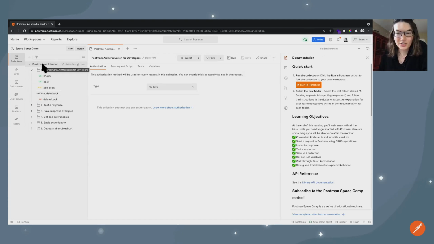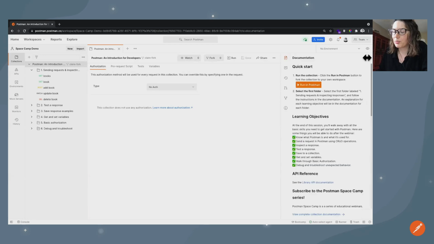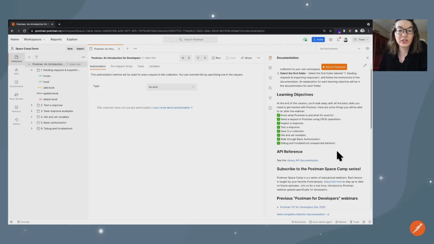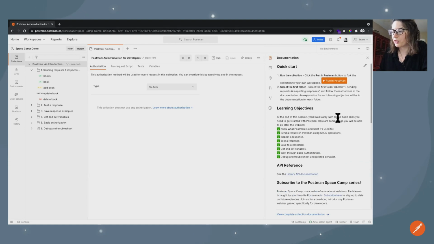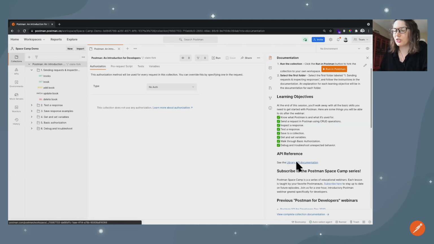If you'd like to see the documentation for this API, you can go ahead and click on the collection. And on the far right of Postman, you have these little icons. One of them at the top is for documentation, the little file icon. And here you can find a markdown documentation of a description of this collection. And it covers a lot of the things that Sean already mentioned, but one of the links is to the API documentation. So if I were to open this in a new tab,